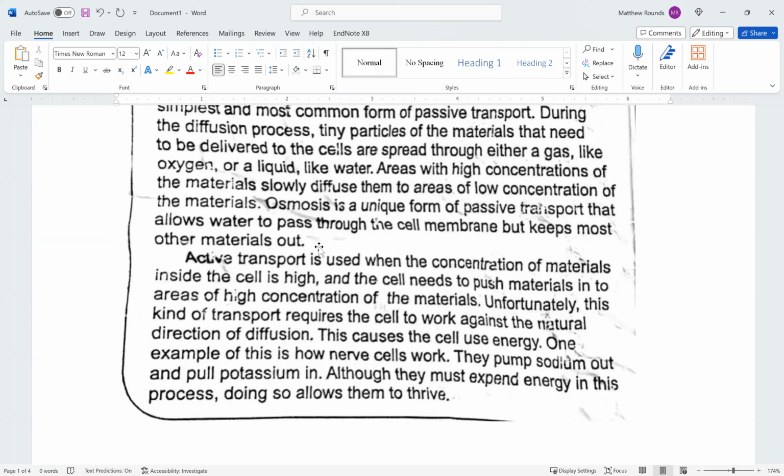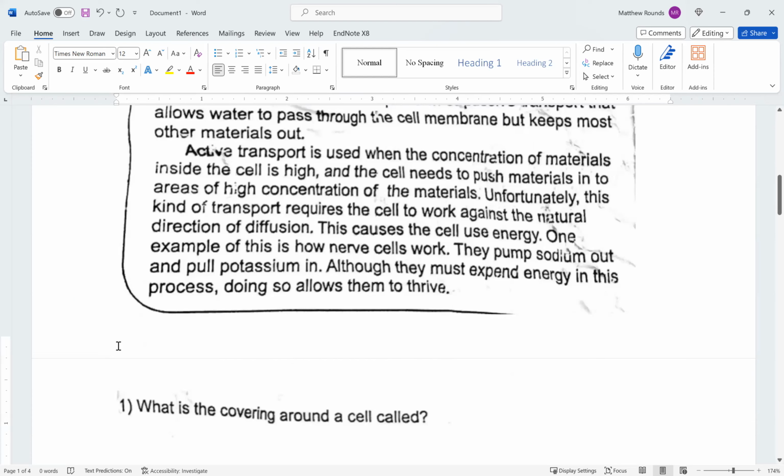One example of this is how nerve cells work. They pump sodium out and pull potassium in. Although they must expend energy in the process, doing so allows them to thrive. Okay,